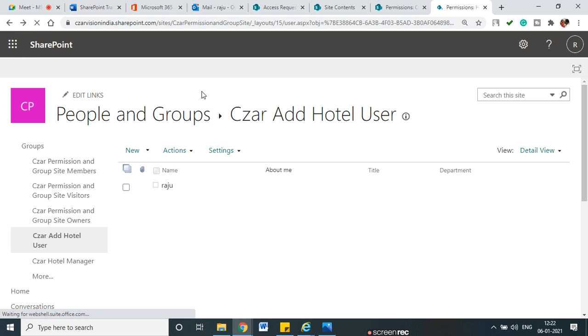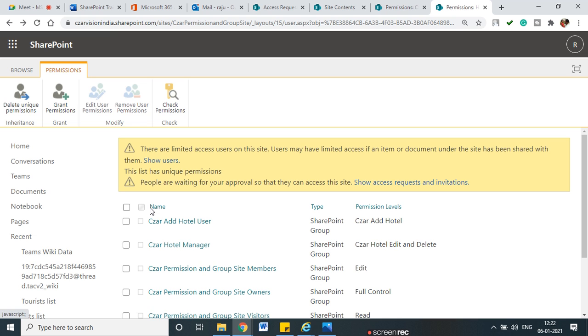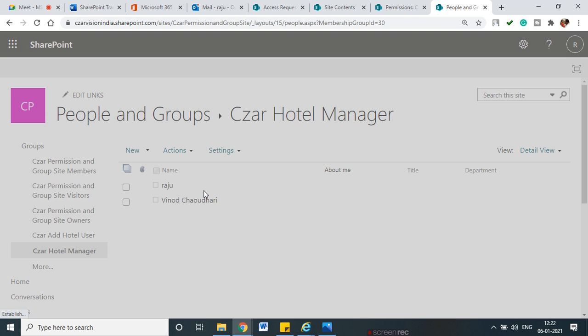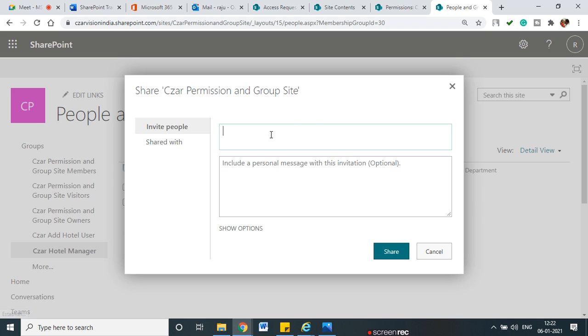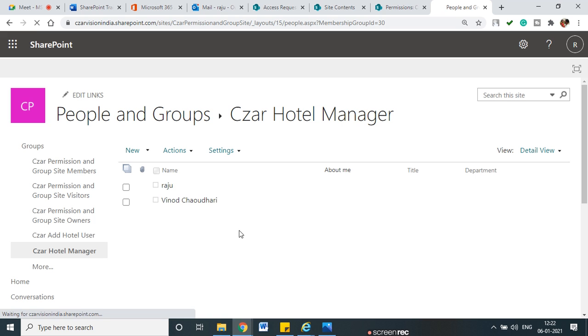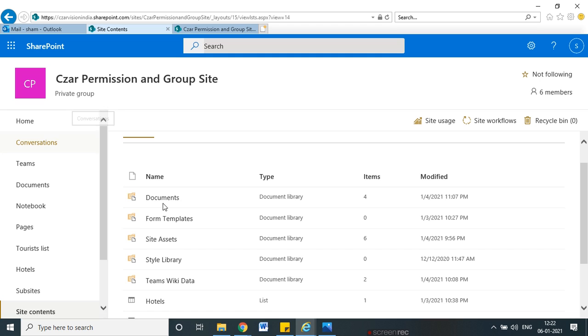Next time you guys please create 2 to 3 accounts. Okay, add Sham here with multi-factor authentication and within 3 different browsers. Now I have added Sham in the Caesar Hotel Management group. Okay, I'll go here in Sham. Now when Sham is here,